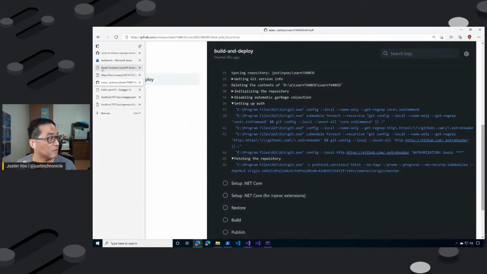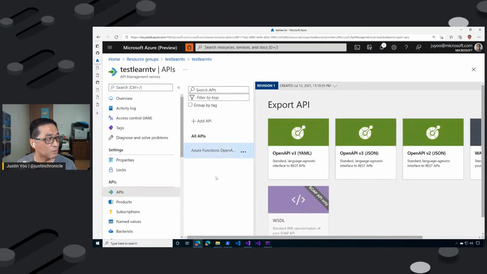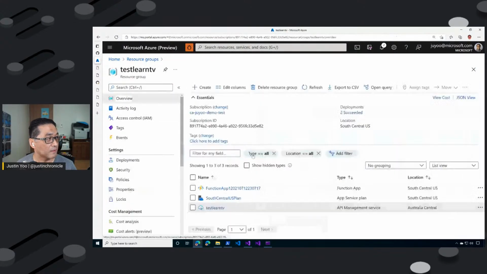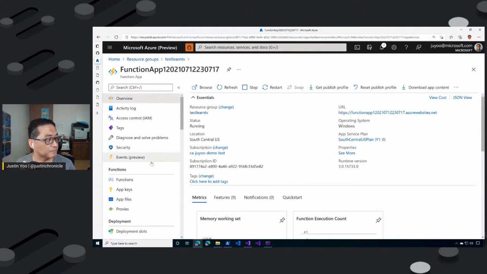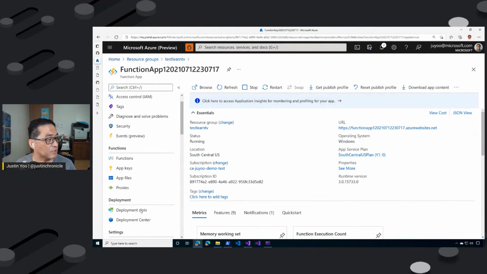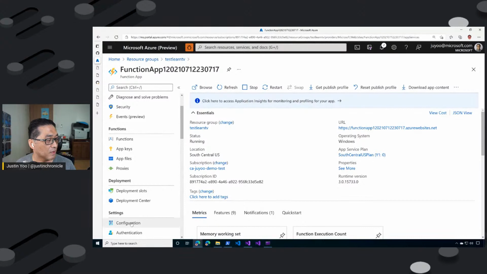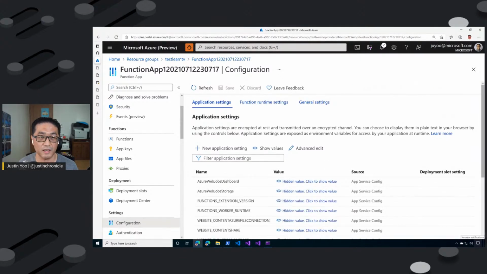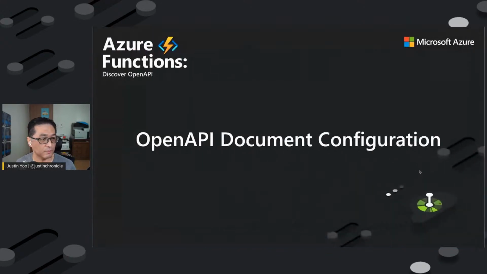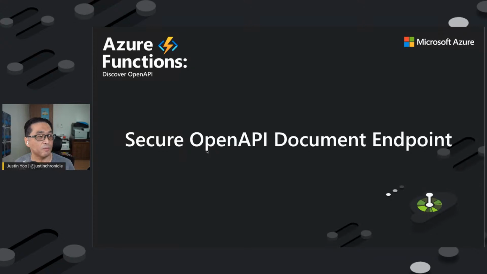So let's get back to here. What I'm going to show for now is that we are using the functions application here, and I'm going to change some configurations. What I'm trying to achieve is that I want to secure the OpenAPI document endpoint. What that means is that